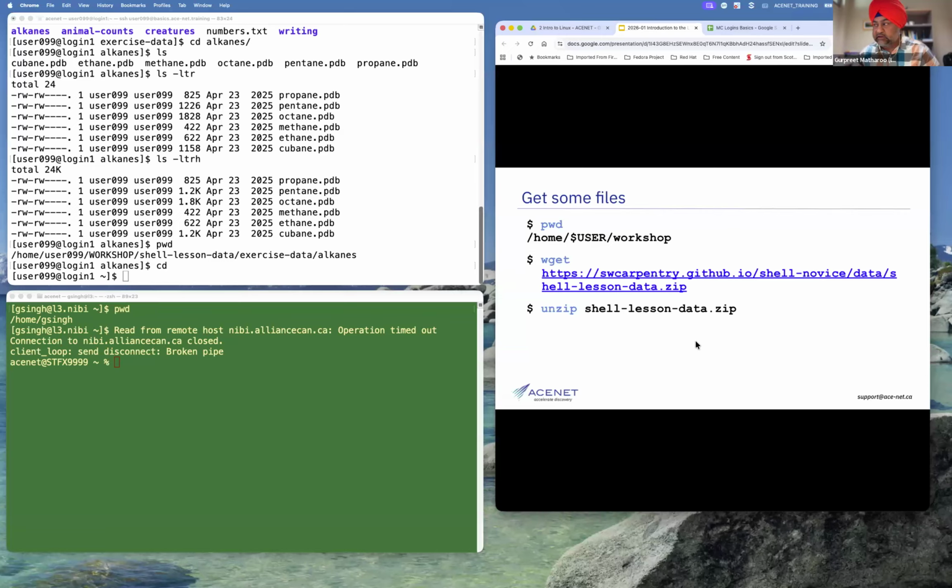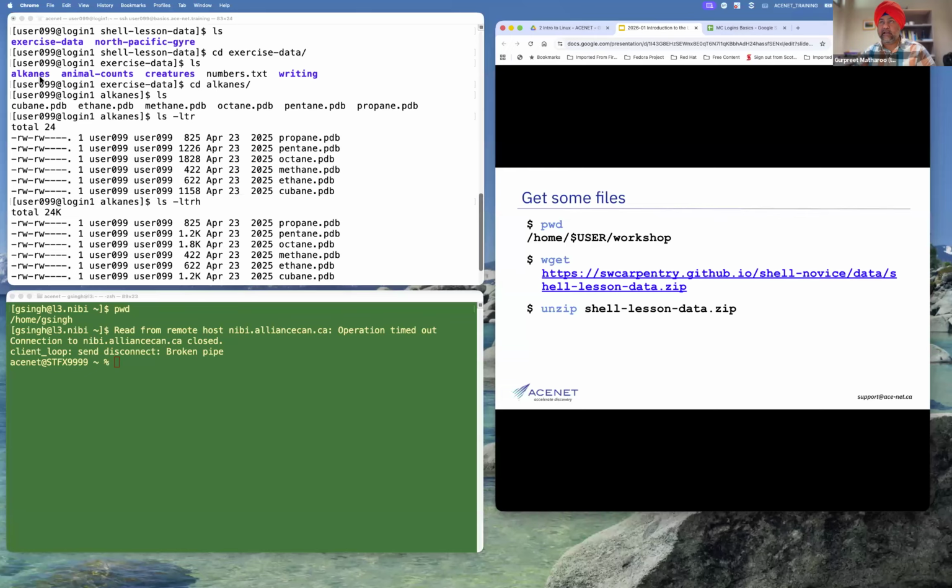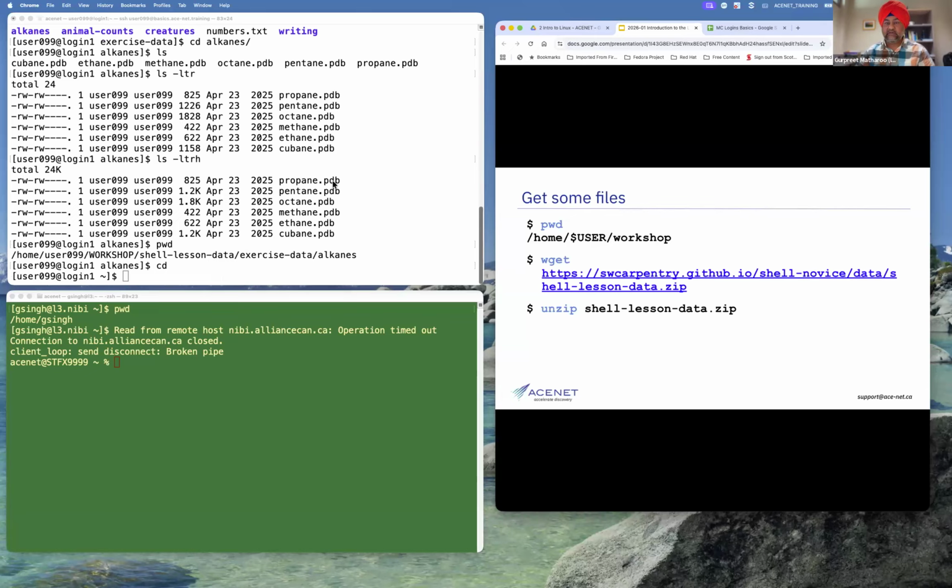Any questions so far, except from that one up? I have to see where that thing is coming from. How do you access the data after unzipping? When you unzip, the data is already there. So type ls after that, and then you can use cd and ls in tandem, and you will see the data appearing in this particular directory. These directories, animal counts, creatures, probably will have different files over there.